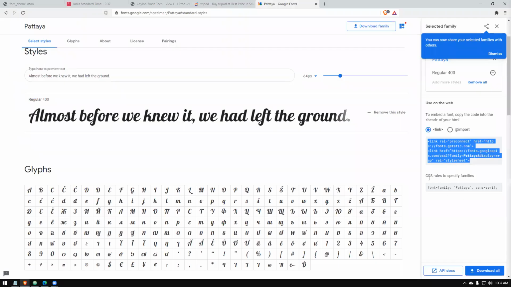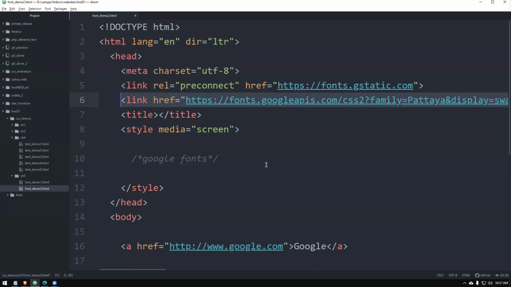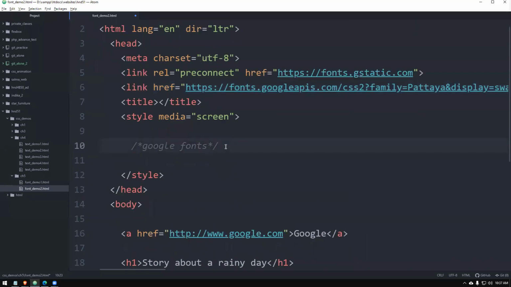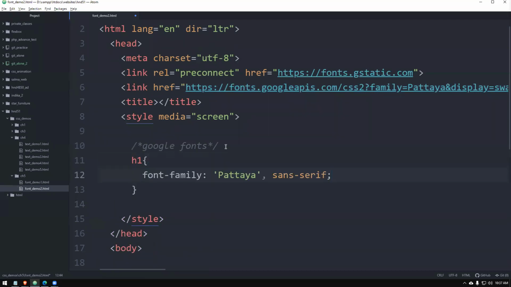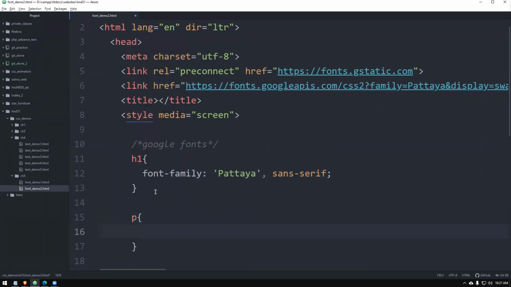Next, you can see CSS rules to specify families. These are the things that you have, right? So we just copy this, as the name of the font we are calling. That's all, nothing big. Let's go to your code. Let's go for heading 1. We will put a property setting, right? For heading 1, H1, then you can paste that code which you copied from their Google site, right? And we will put this one for the paragraphs also. So I don't have to write two things. I could just, what do you call, group it, right? So I just used it like that.